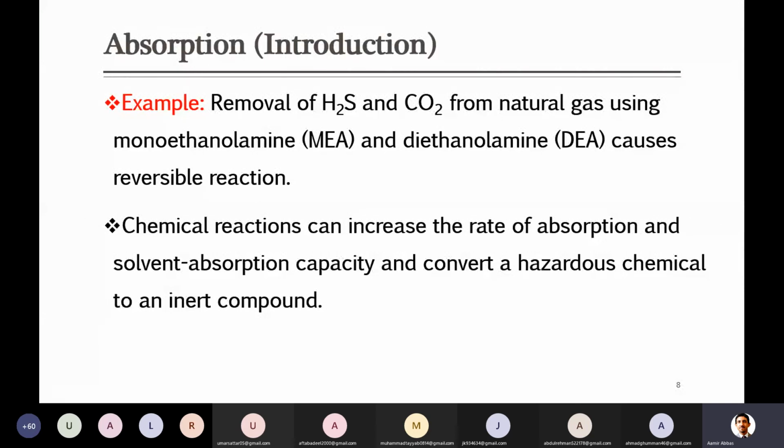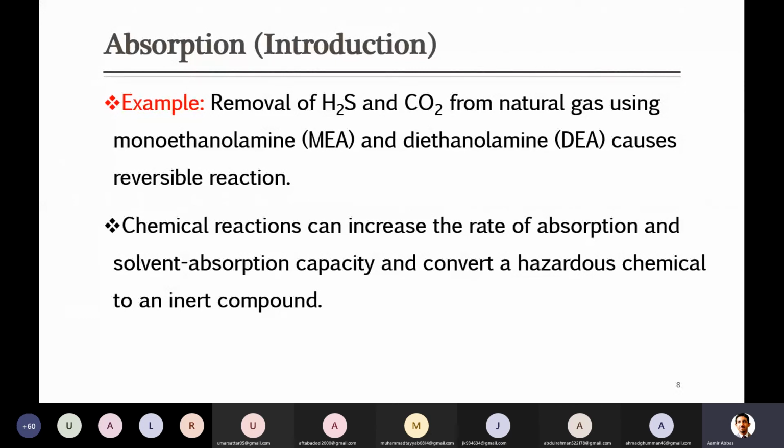So due to this, chemical is preferred, because first of all the rate of absorption is higher, and when the rate of absorption is higher, definitely by using even a small amount of absorbent you can get more absorption as compared to physical. For example, if we bring the same amount of two liquids, one for physical and the other for chemical, then in case of chemical, absorption will be higher even with the same amount.